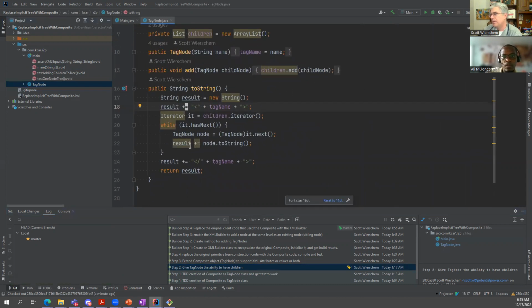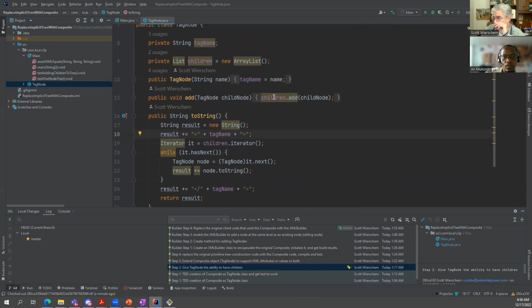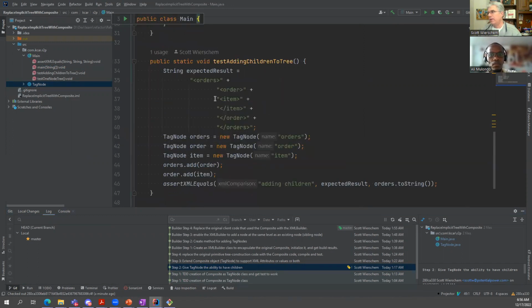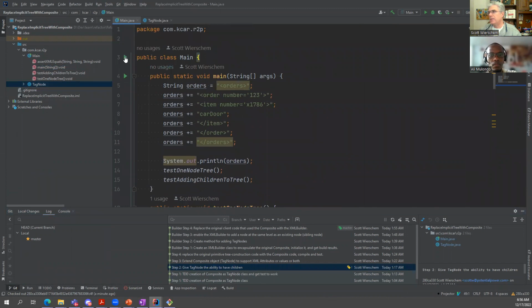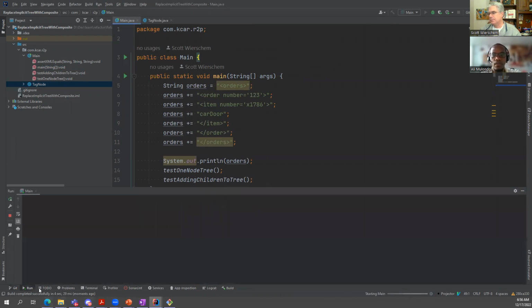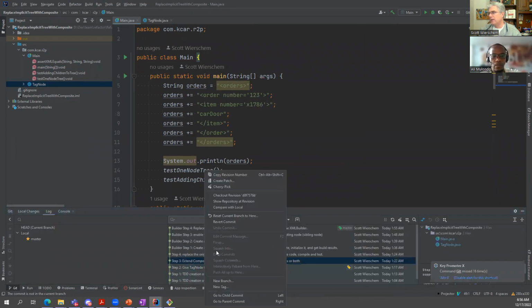Things are getting a little more complex with how the relationships are done, but basically you're going to add a child node. This will have our list of children, and they'll be added in order. And we have our test, and we make sure it still runs. And we're happy it still runs. Okay, then